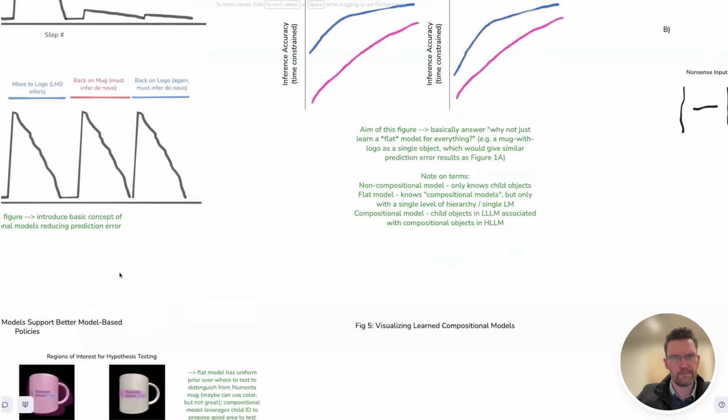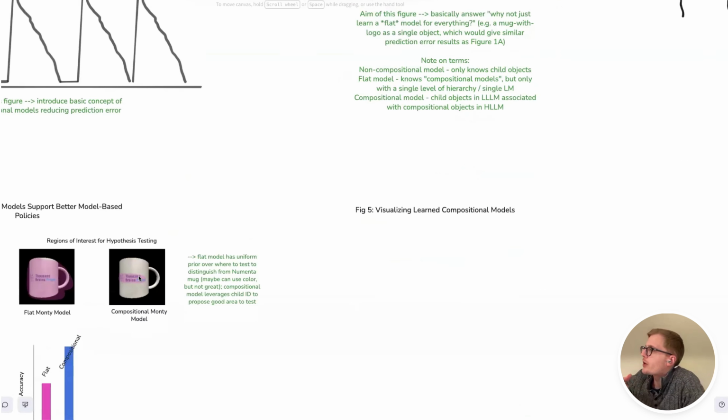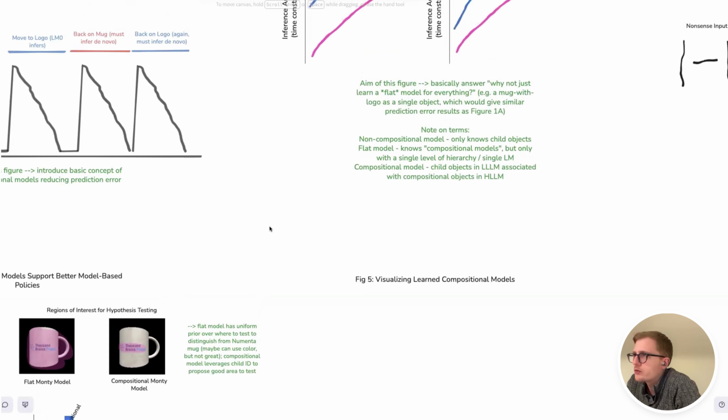Yeah, no worries. This is something that would already work with just naively storing object ID as a unique integer or whatever. But you could imagine that at some point we have representations of object ID where there's some semantic similarity, if they share something, then you could also leverage that. So, for example, the head of a screwdriver is further in representational space from the head of a fork than the head of a spoon is. And so depending on what you're trying to recognize, that might be useful information.